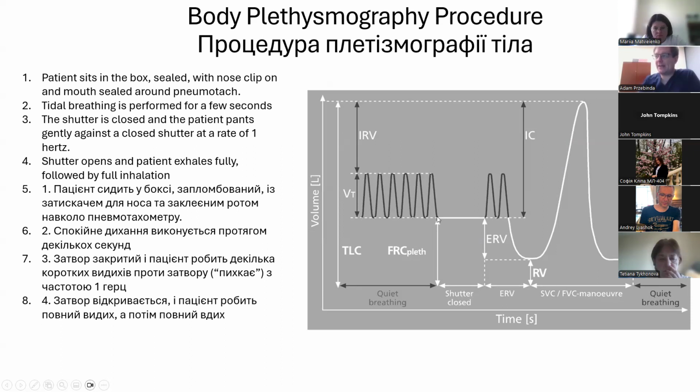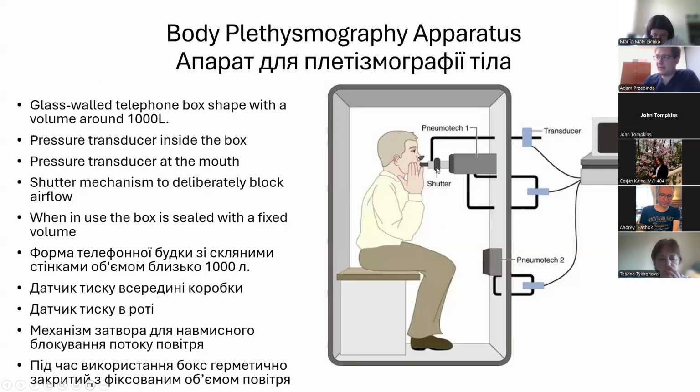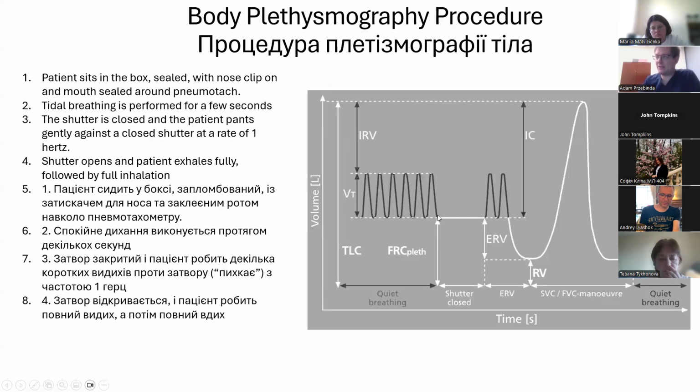And then at this point, the shutter, this device here that blocks airflow, is engaged, the shutter is closed. And now the patient will not exhale volume at all, but they are asked to pant. So the patient does a very kind of gentle panting motion,